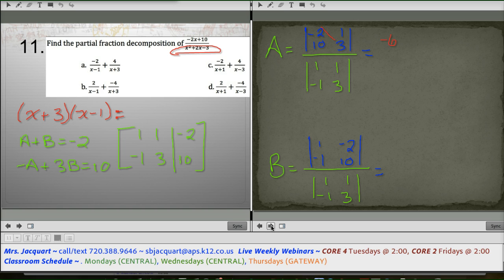Multiply negative 6, multiply minus negative 10, multiply minus a negative 1. So this is negative 16 divided by 4. So A equals negative 4. Multiply, we get 10 minus a negative 2 all over, we decided that was 4 already. So this is 12 divided by 4. So B equals 3. So what that means is my partial fraction will be